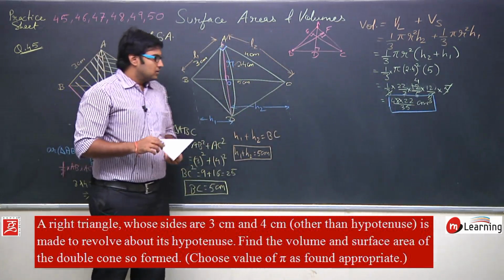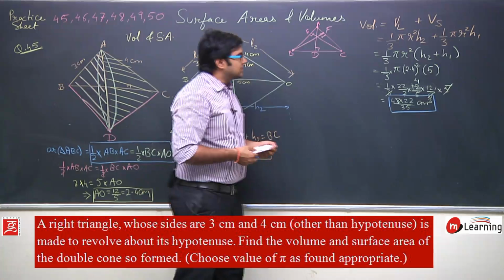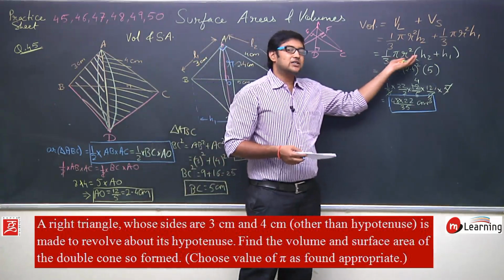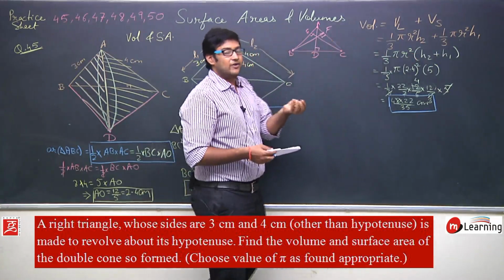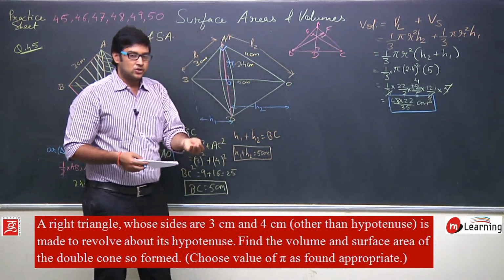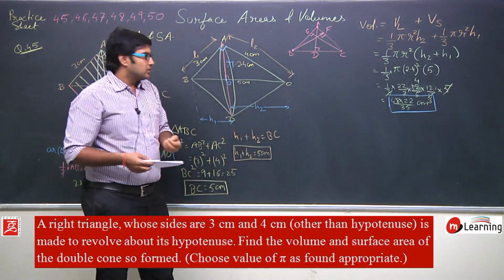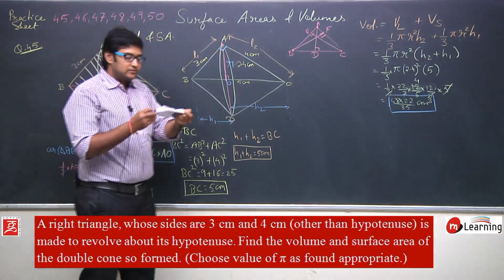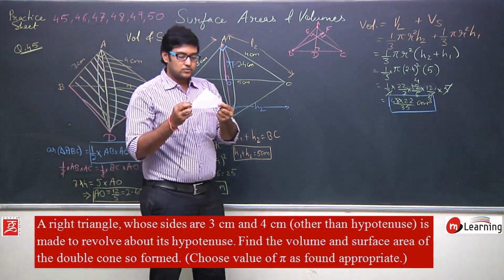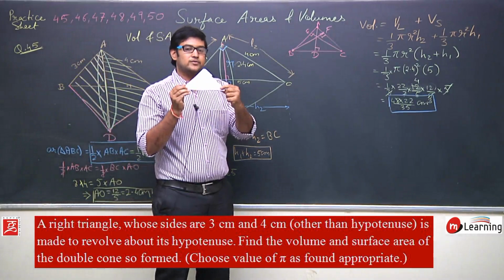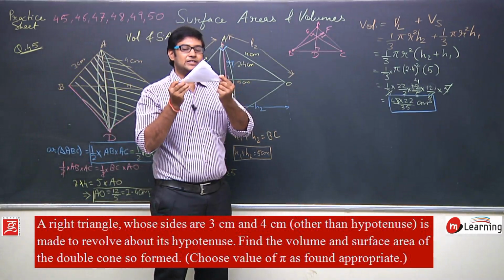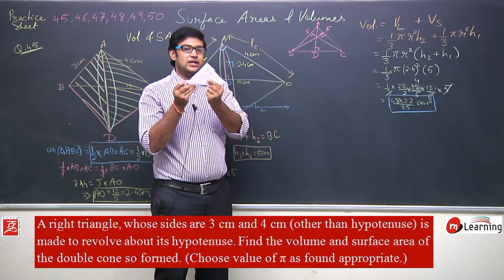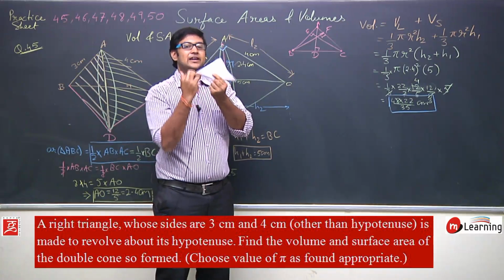So what I can see is, in this question, the main task was to determine the radius. If I determine the radius, I will be able to solve this question. Now, the second thing we need to calculate is surface area. Now observe this cone, observe this triangle, I am moving this triangle like this. So what is happening? The outer surfaces of this triangle are moving.